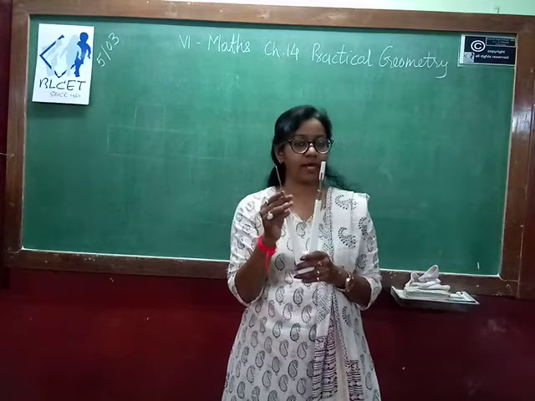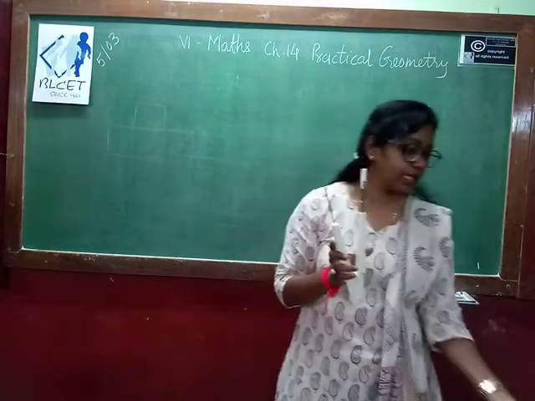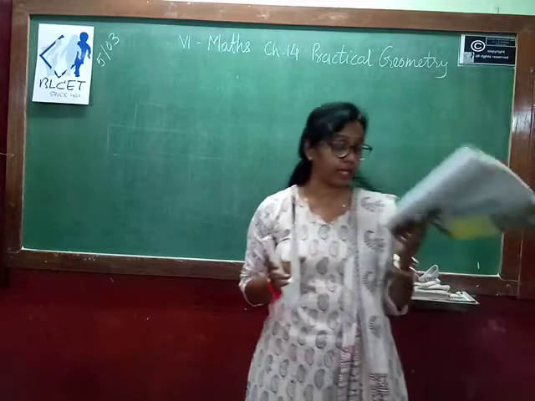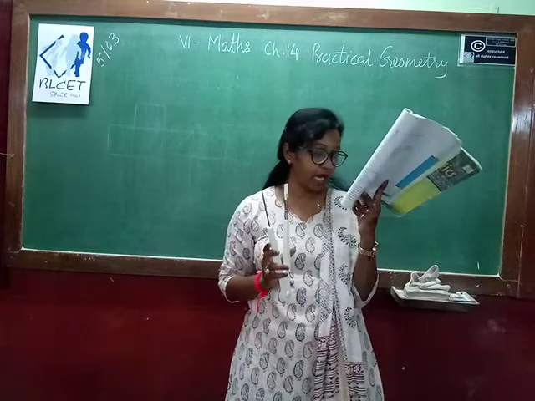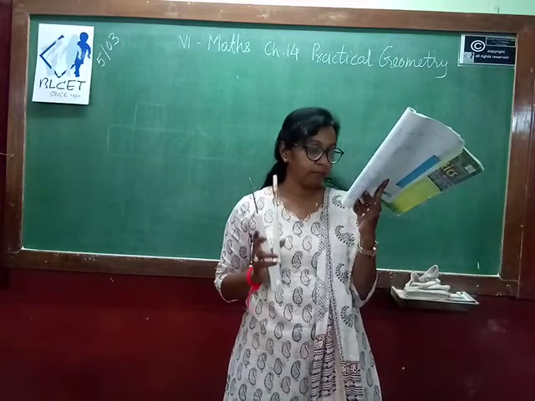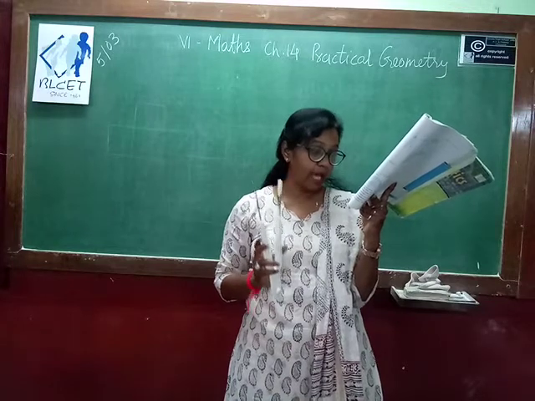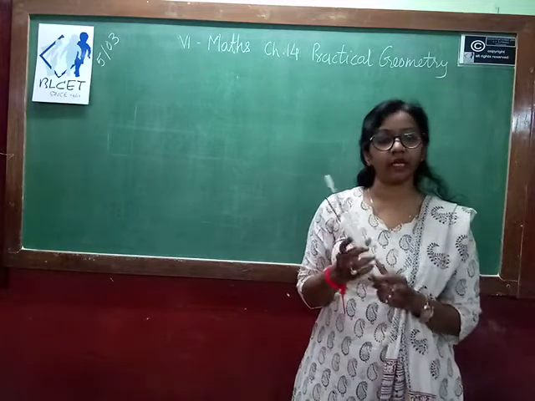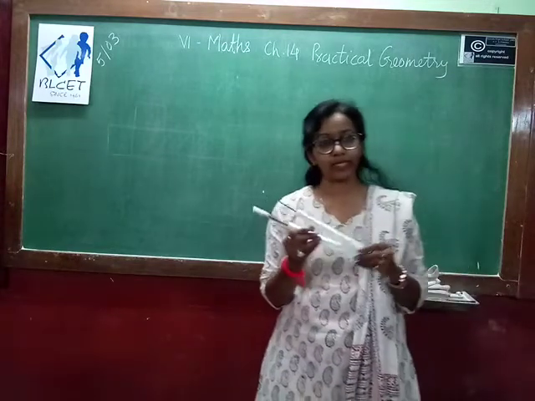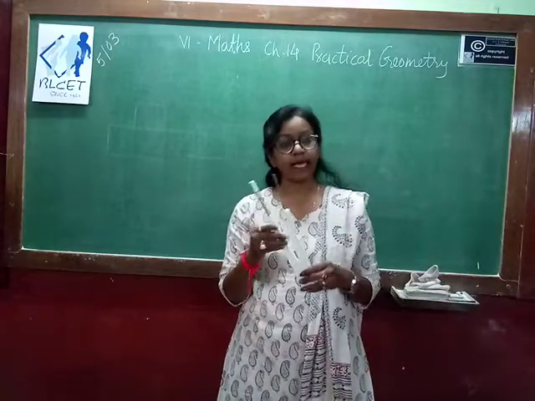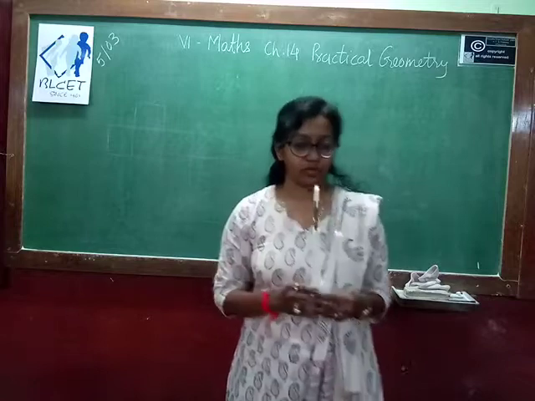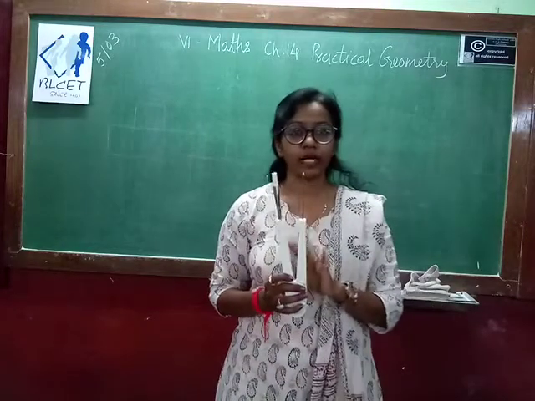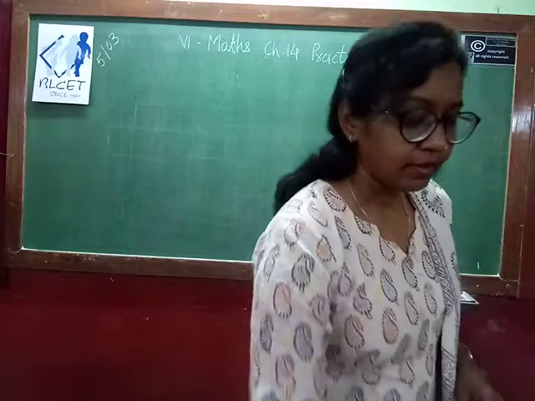So this is the compasses through which we are drawing the circle, and we are also drawing the arc. So, to make marks of equal lengths but not to measure them, and to draw arcs and circles, for that reason we are using this instrument. This is already there in the geometrical compass box. In a normal compass box you are not getting these instruments.